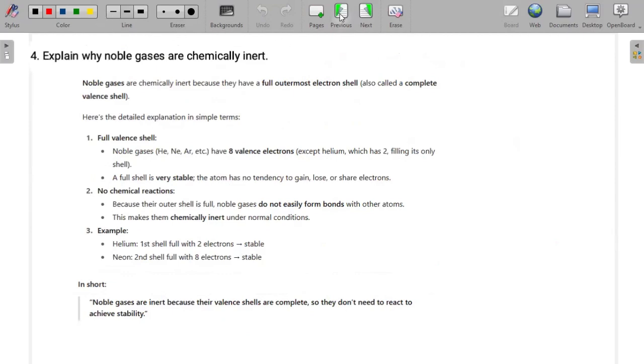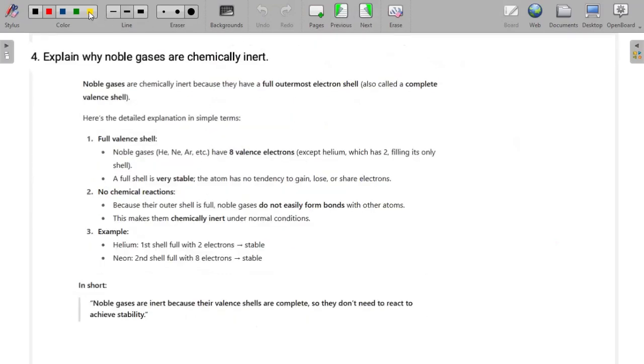So question 4, they're saying, explain why noble gases are chemically inert. So the reason why these atoms, these elements, react is to achieve a full outermost shell, or to achieve a stable electronic configuration. So a stable electronic configuration is obtained when in the outermost shell, most of the time, you have 8